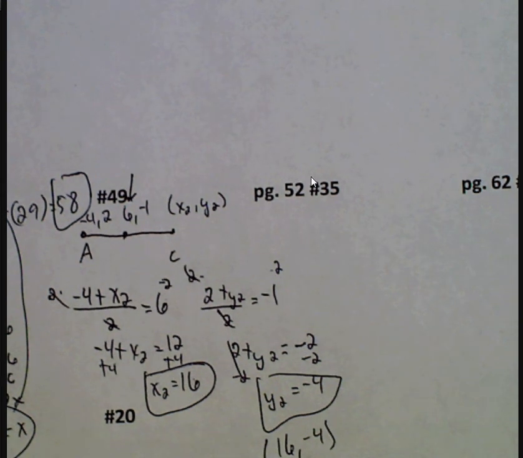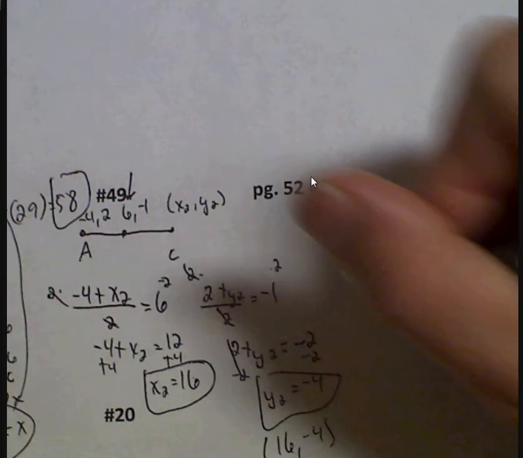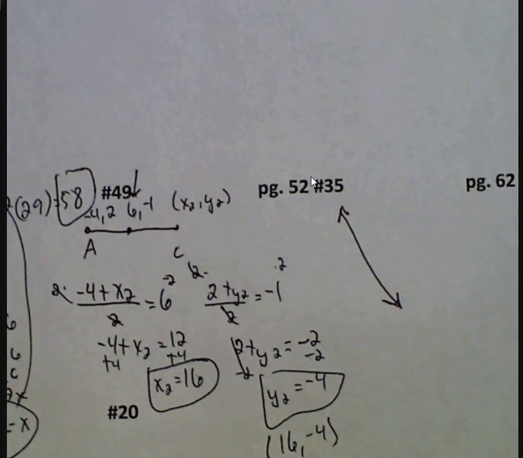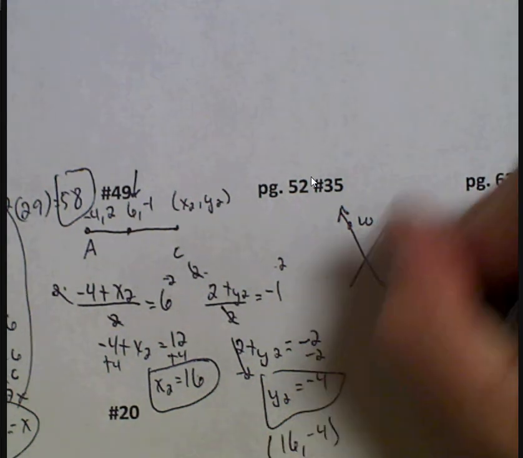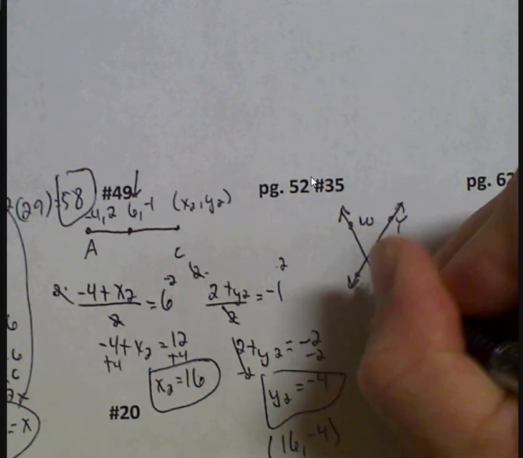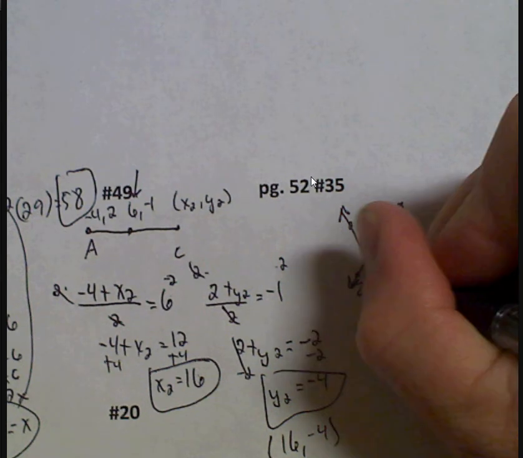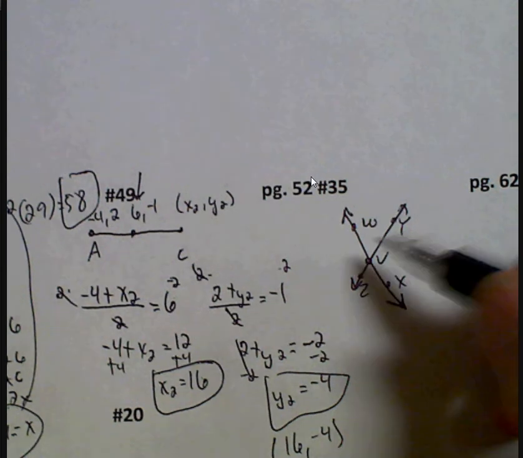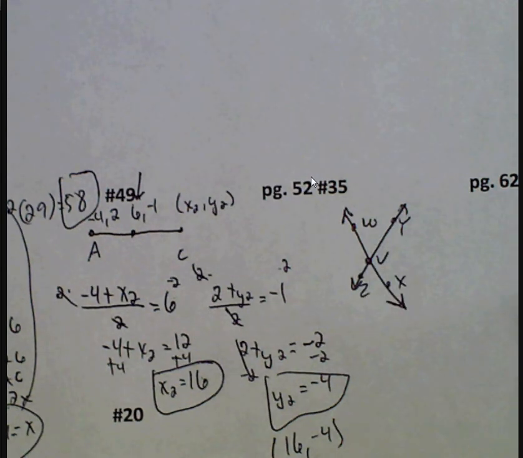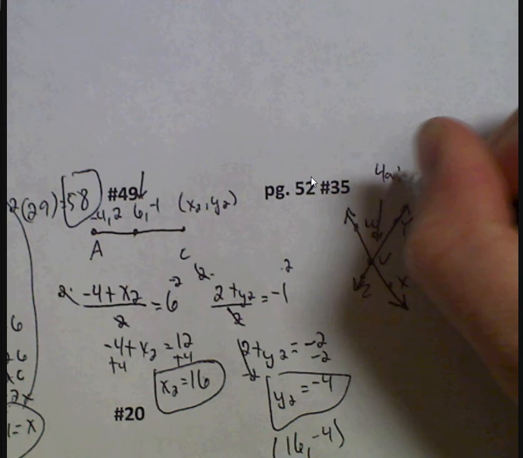Page 52, number 35. It says WX and YZ intersect at point V. So we got WX is a line, and it intersects YZ at point V. And it says if WVY is 4a plus 58,